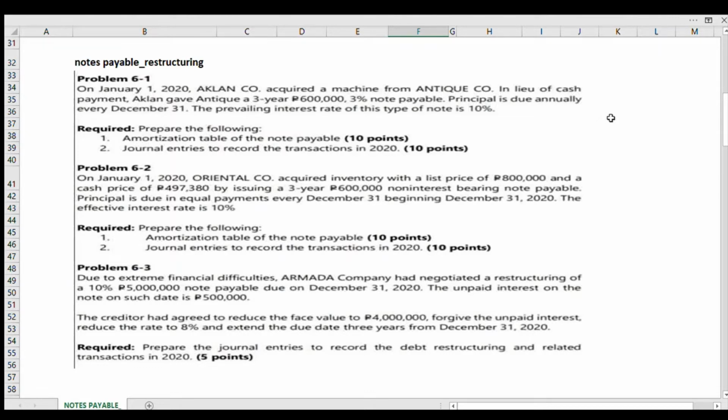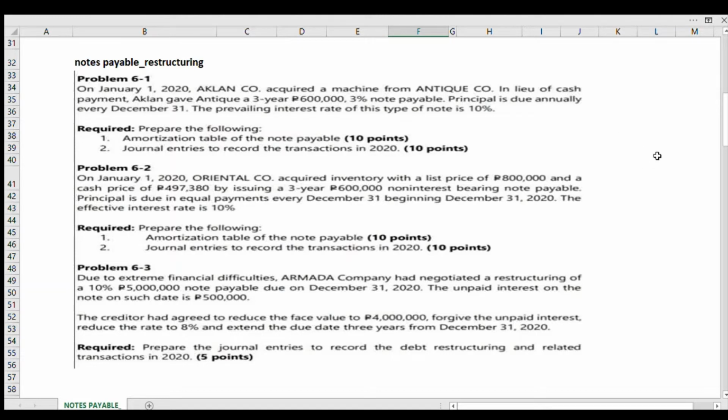We will be accounting for the annual payment of Aklan Company. Basing on the information, 3% ang notes payable at ang prevailing interest rate ay 10%. So, ang requirement ay amortization table of the notes payable and the journal entries for the